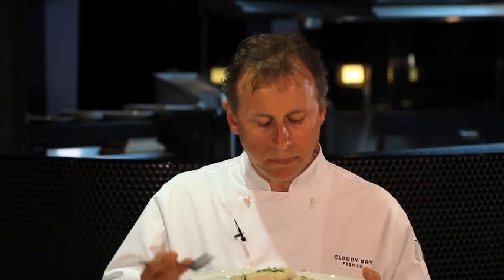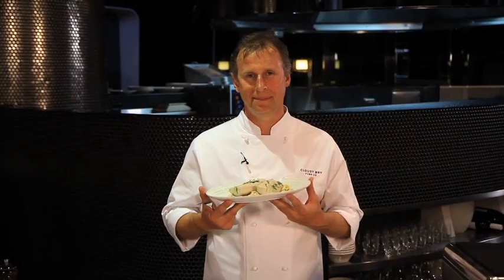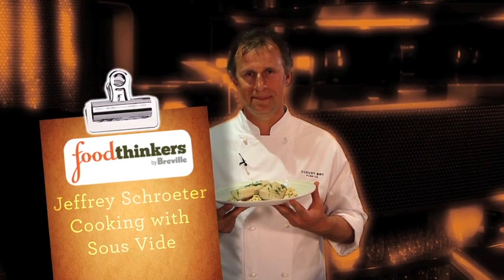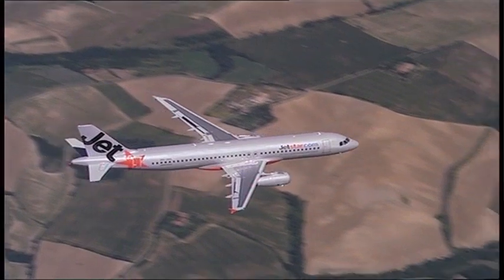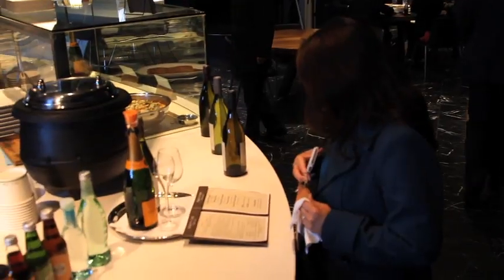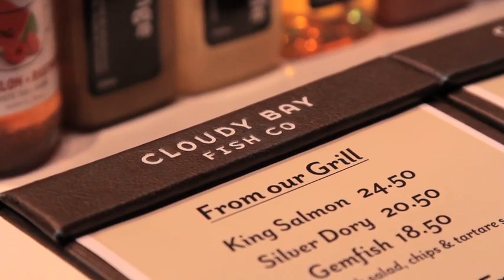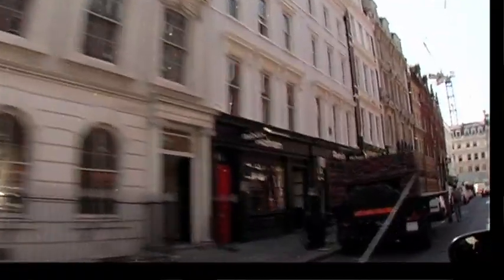I found I really love cooking. It came from an early stage with my extended family. Moved from the country up to Brisbane, and I was quite hungry, so I thought I'd get a job in a restaurant to get fed. And I began in a French restaurant in Brisbane, and from there moved overseas to London, to Switzerland, to New